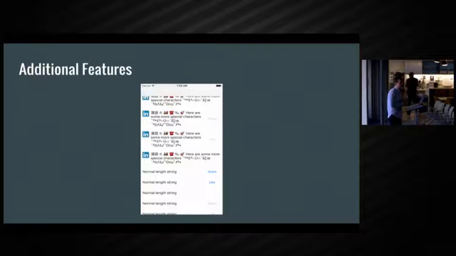Another feature is the catalog, which you can see here. Basically what this does is it runs through all the different combinations of data and shoves the whole thing into a table view. This is good if you want to see what tests are running. You can also run this and sit down with your designer and say, hey, you gave me this one spec for this view, but it turns out this view can be laid out a bunch of different ways. There are some edge cases that we didn't think of. What do you think of this? How do you think this should be laid out?